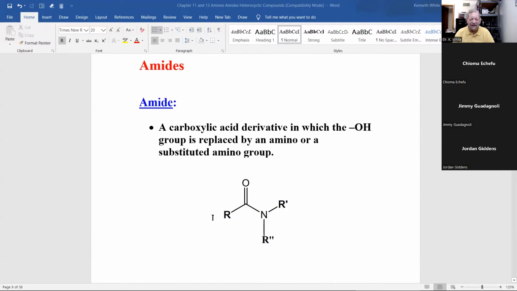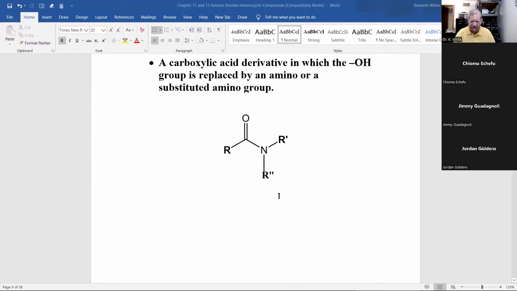And now, guess what time it is? Da-da-da. It's new functional group time. And that new functional group is an amide. Now, an amide is a carboxylic acid derivative. That means something made from a carboxylic acid in which the hydroxyl group is replaced with an amino group or a substituted amino group. And this is an amide. What I don't have there, and I'll do it now,